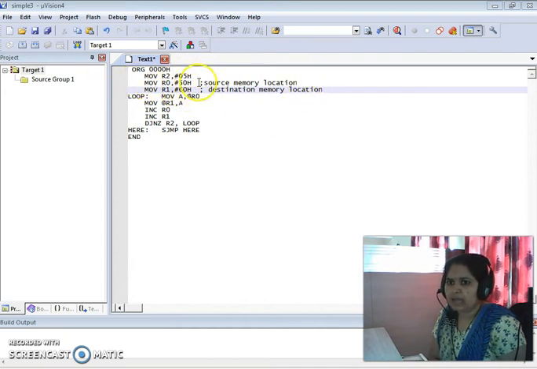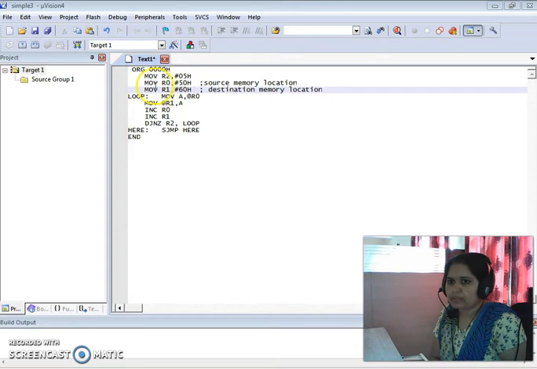So one can ask, ma'am, already you told that after the hash, whatever we have written becomes the value. I will explain that point, but as far as this memory is concerned, I am using the indirect addressing mode. So for that purpose, the memory locations are preceded by the hash symbol.